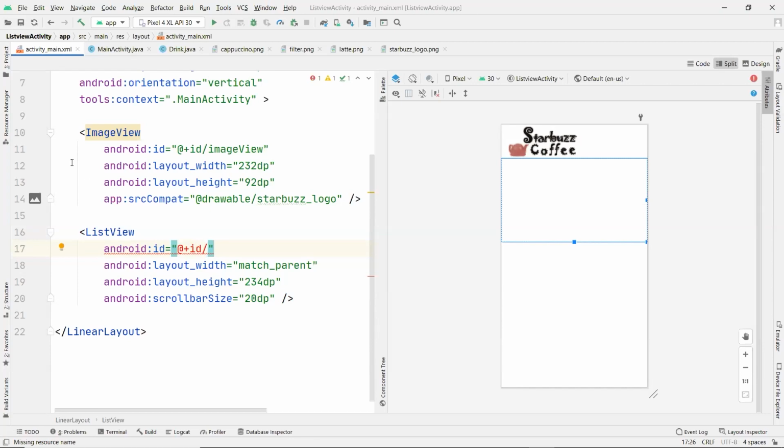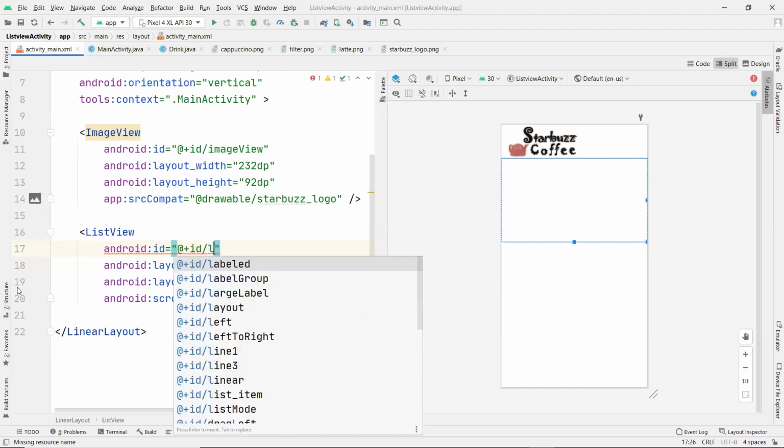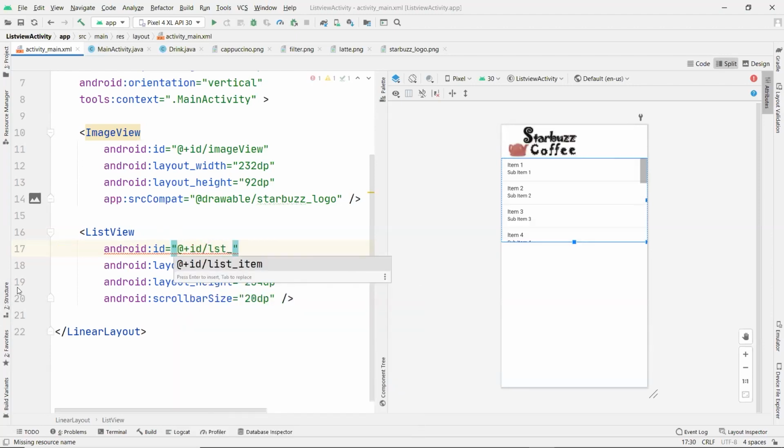So the ID here will be, I guess we call it LST item, or whatever it is, but LST item, I guess that would be fine. And then we have to get the source. What is the source coming from? Well, to add a source,